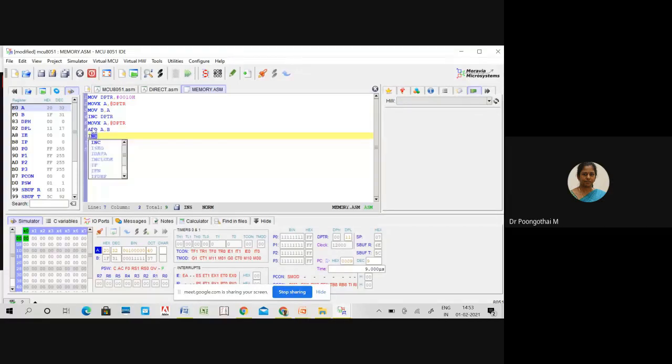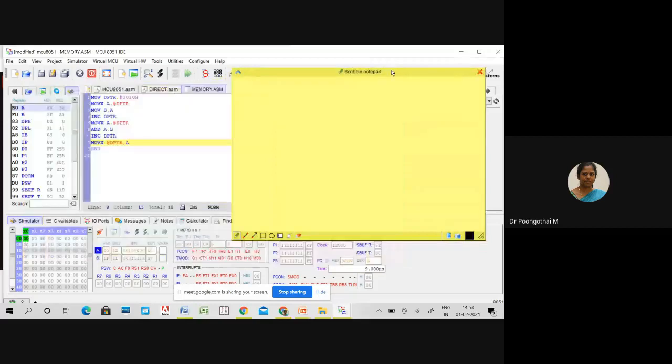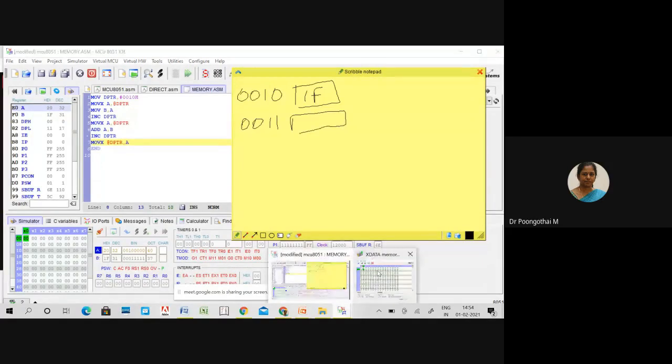For that, again you increment DPTR, and MOVX @DPTR, comma A. Terminate the program. So 0010 holds 1F and 0011 holds 20.